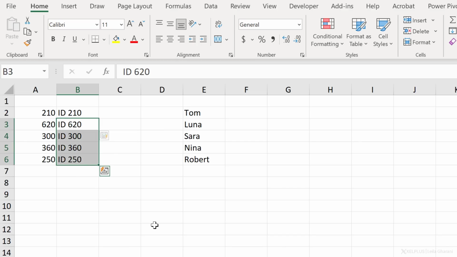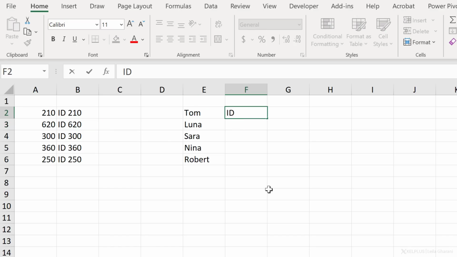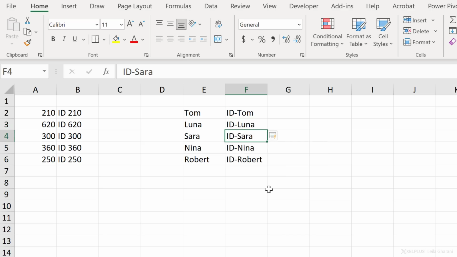Now, if you don't see flash fill kick in, you can force it by using the shortcut key Control E. Sometimes you might have to give it more than one sample, but it's usually smart enough to pick the right pattern. And it doesn't just apply to numbers, it applies to text as well. So here, if I wanted to do ID, this time let's use a dash, Tom, and then let's do ID. And as I start typing, I can see flash fill has picked up the pattern. I'm just going to press enter and I have my values. This is the easiest way of doing this.